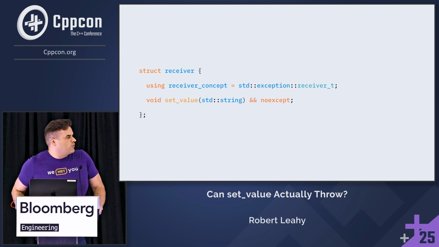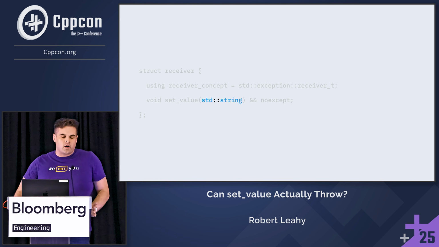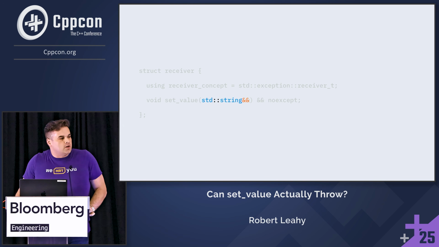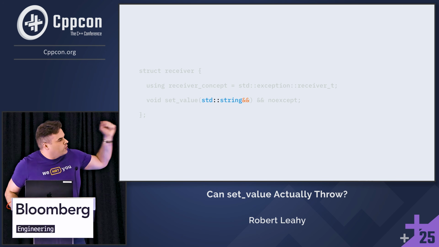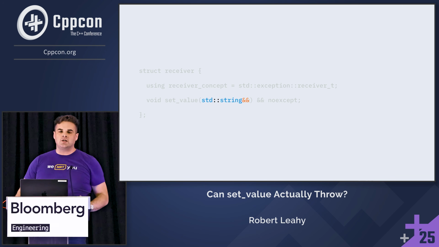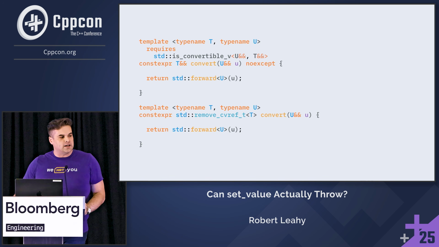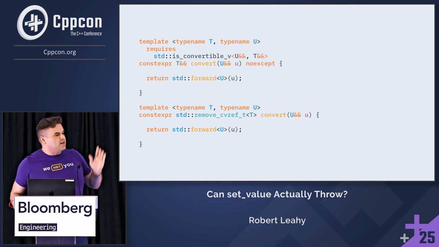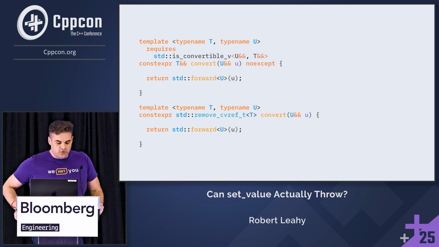But we don't even need to reach for this line of reasoning. We can go back to this receiver and we can say, what if the author thereof simply decided it would accept an rvalue reference? We can't bind const lvalues to an rvalue reference, and so this wouldn't even compile. And so what we need to do is we need to take every single value we get from Asio and convert it appropriately. We have the top function, which simply does nothing and passes the value through, and we have the bottom function, which performs the needful conversion.